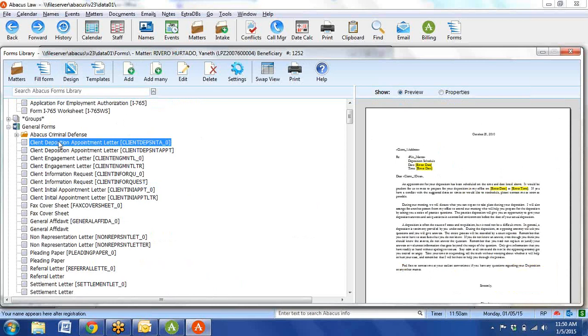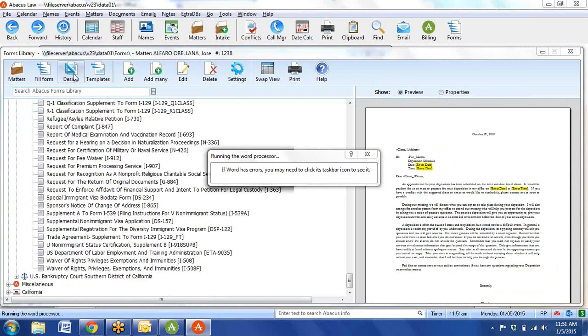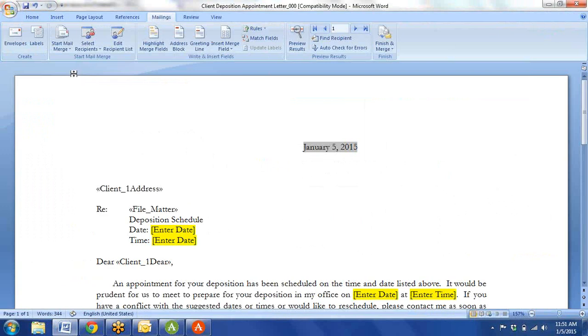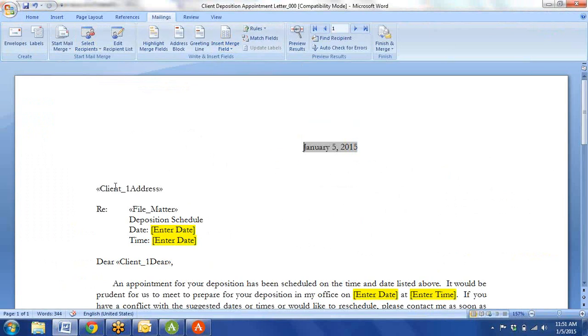So now I have the document in here. I can go into design mode, which is going to open Word, in this case, and it's set up so that I can insert merge fields. This is how you can put in the client's address, the name of the matter, and so on. So if I say preview the results,